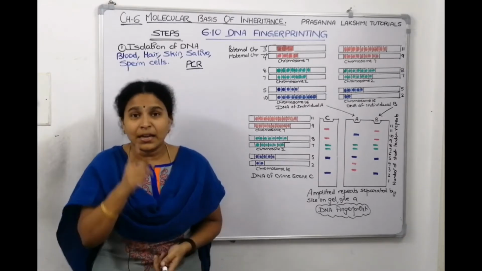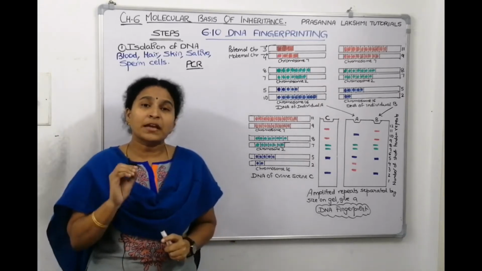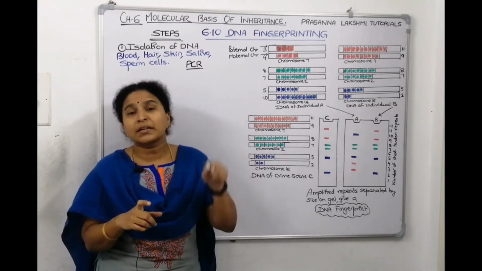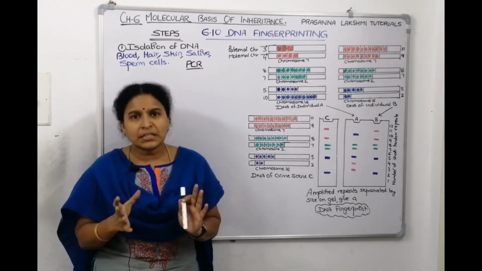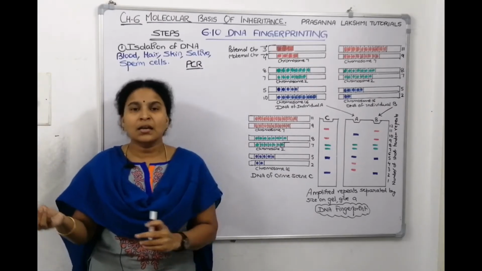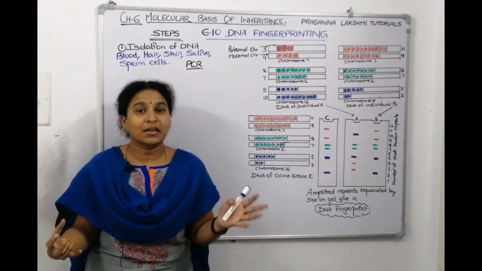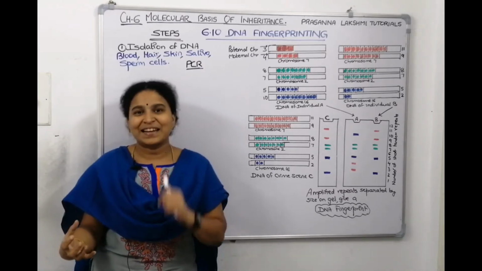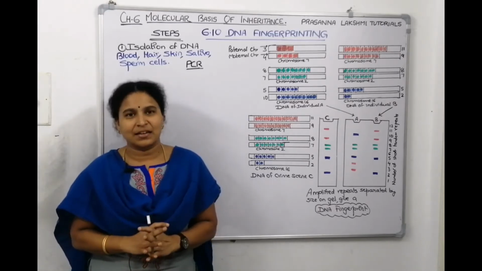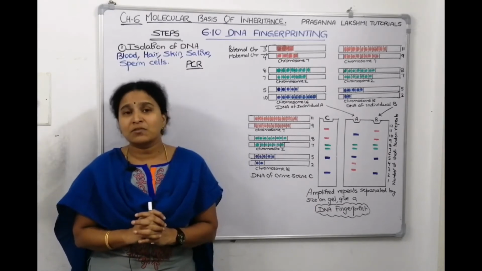That's what you want. The DNA what you have isolated from the crime spot, from these particular cells, if it is very less in amount, we can increase the sensitivity of the technique. NCERT says we can increase the sensitivity of the DNA fingerprinting technique with the help of PCR. So what PCR is doing? It is multiplying and giving you many copies. You got very small amount of sample, don't worry. Take the sample and give it to the PCR machine. It will multiply 1,000 times also. It can give you 1 billion DNA copies also, right? So that's the magnitude to which you can multiply the DNA. That's what NCERT says. The sensitivity of the technique can be improved by using PCR.